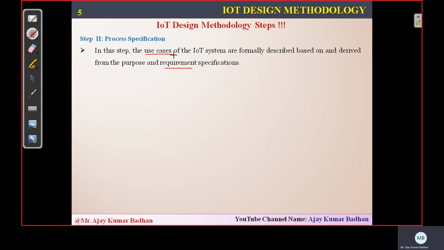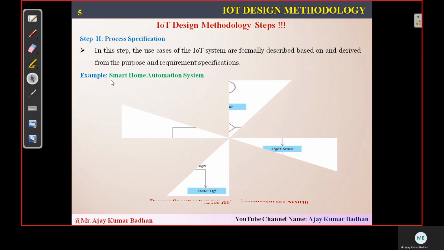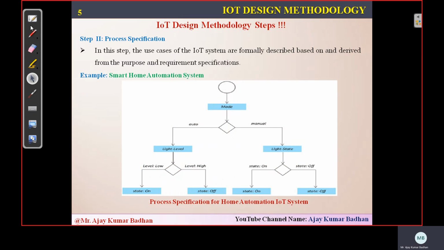What are the things we require? What are the different devices we require? How can this be integrated? All that information will be defined in the format of a diagram. That diagram is nothing but a use case, and this is what we have taken from UML. We have 9 diagrams in UML, and this is one of them.